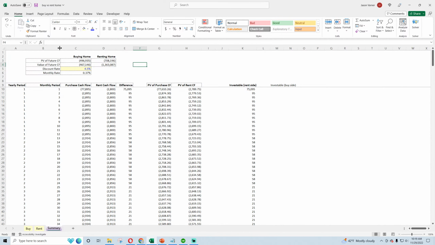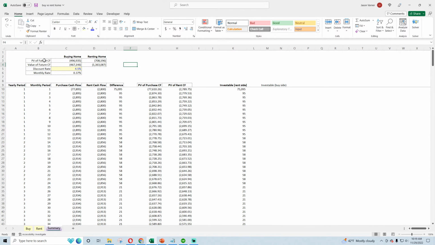I'll do abbreviation definitions at the end. So present value, future cash flow, value of future cash flow, non-discounted. Discount rate, monthly rate. So this is the main section here. And then we have